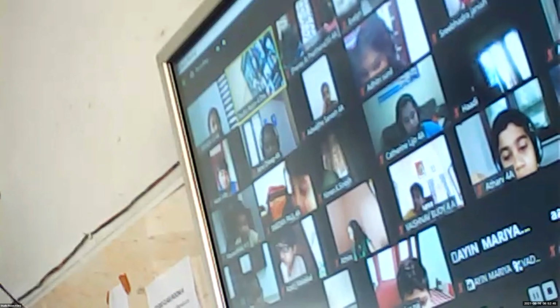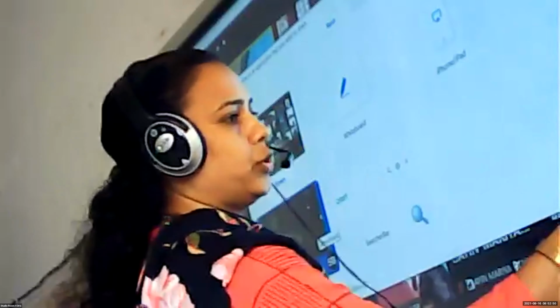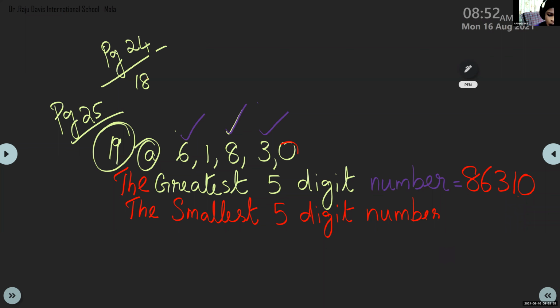We had to write 0 in the second place. Okay, so what is that number? 10,368. Okay. Now, children, you can write. The next step, you can now write this in your workbook. Difference. Next, you have to find out the difference. Difference between what? The greatest 5-digit number and the smallest 5-digit number.